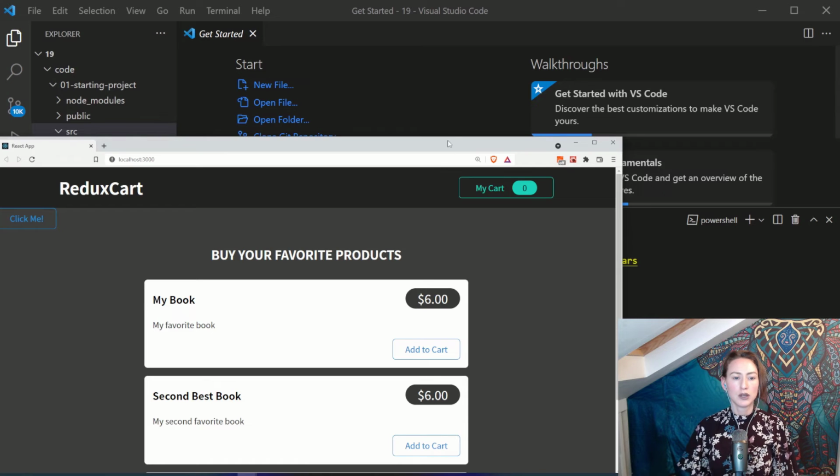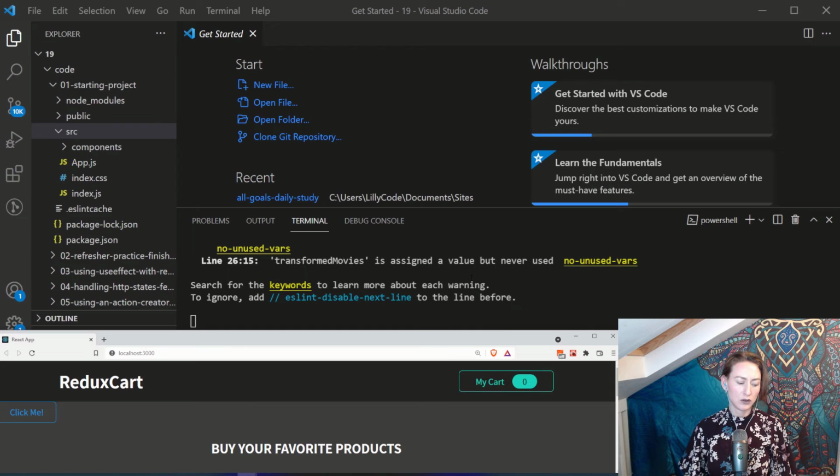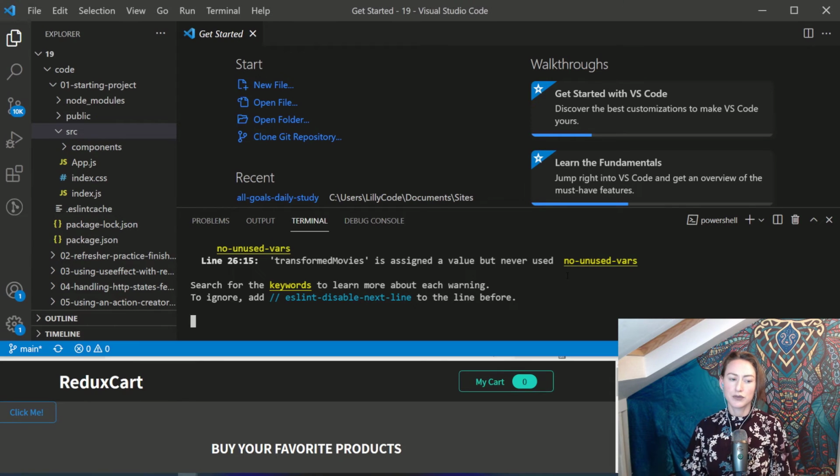Okay, cool. So the first thing we need to do if we want to use Redux within a React project,